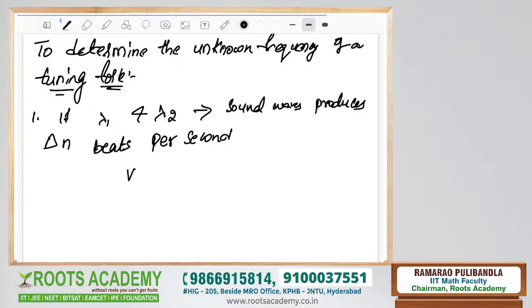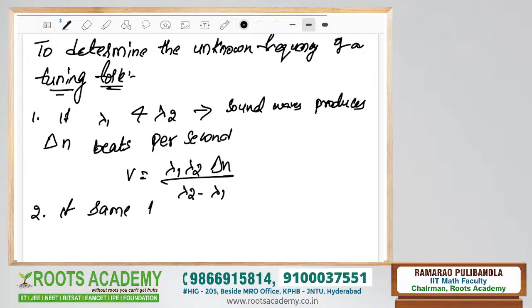Then the velocity is given as v = λ1 λ2 Δn / (λ2 − λ1). So this is the case when two sound waves with wavelengths λ1 and λ2 are considered. And next, if the same tuning fork produces the same beat frequency with two stretched strings L1 and L2,